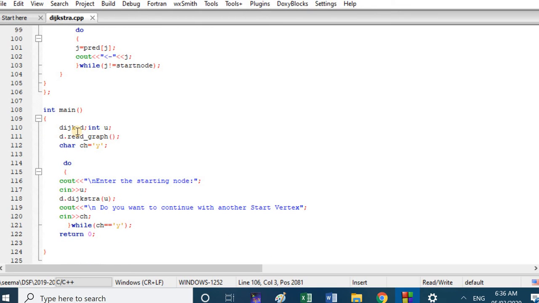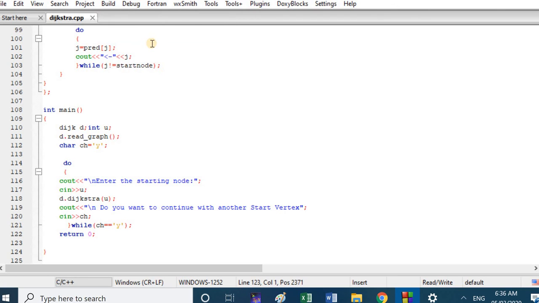Now what in the main? You have to create the object of the class. Then you need the starting node, so enter the starting node. Then you accept the value and pass it to the algorithm function, that is, Dijkstra. If you want to continue with another starting vertex, you can set a loop so that you can move the starting index from 0 to 1 and so on. So let us run the program,